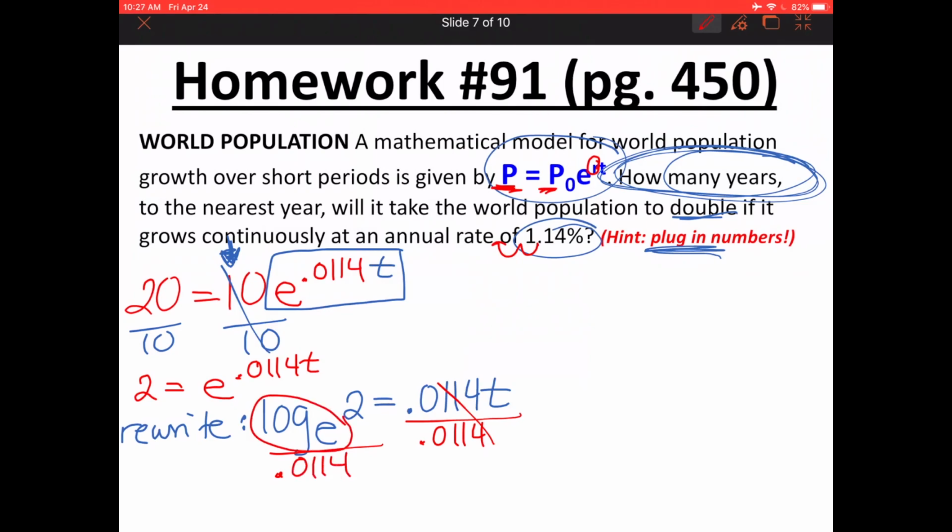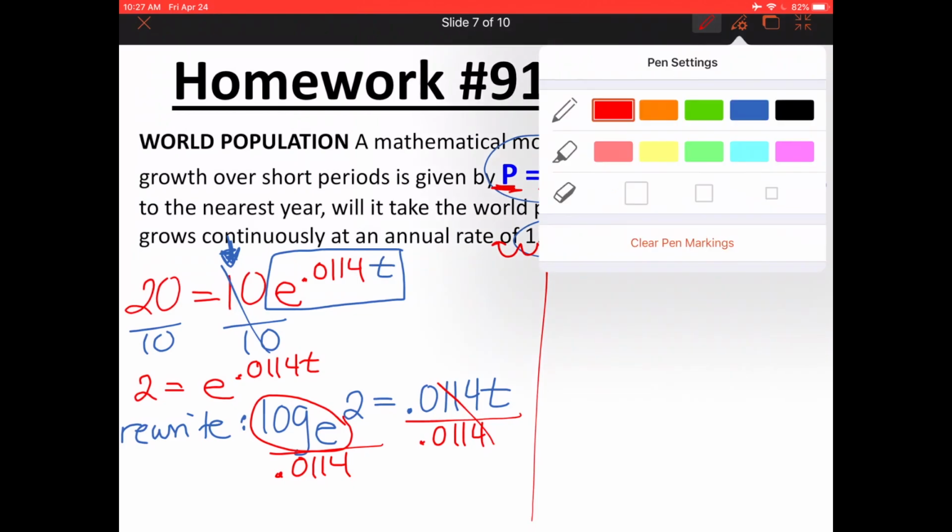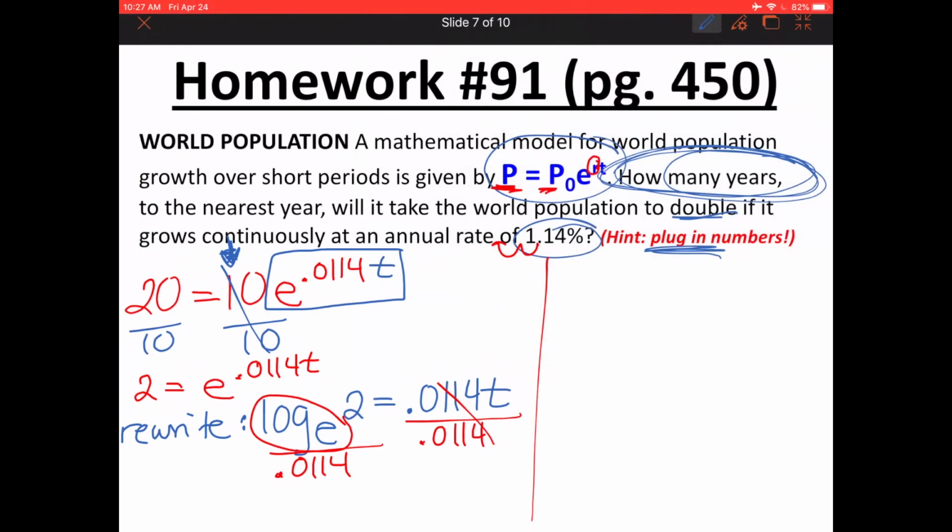Remember that log base e is the same thing as saying natural log or ln. So I really have ln of 2 divided by 0.0114 equals t. And so when I do that in the calculator, I get t equals